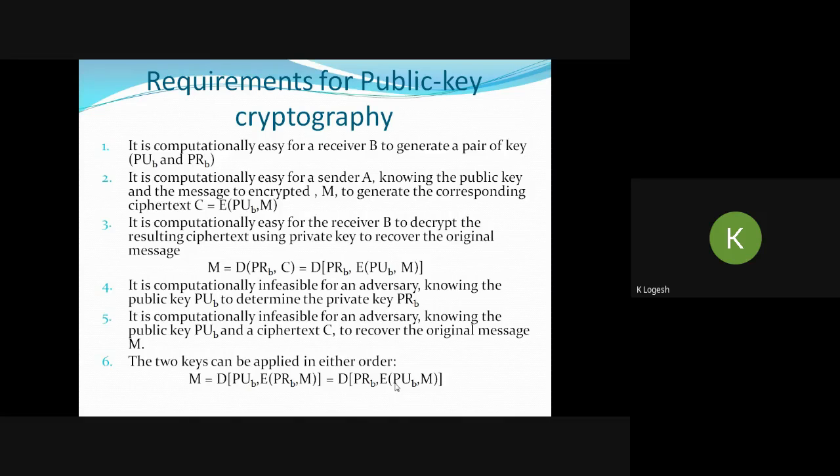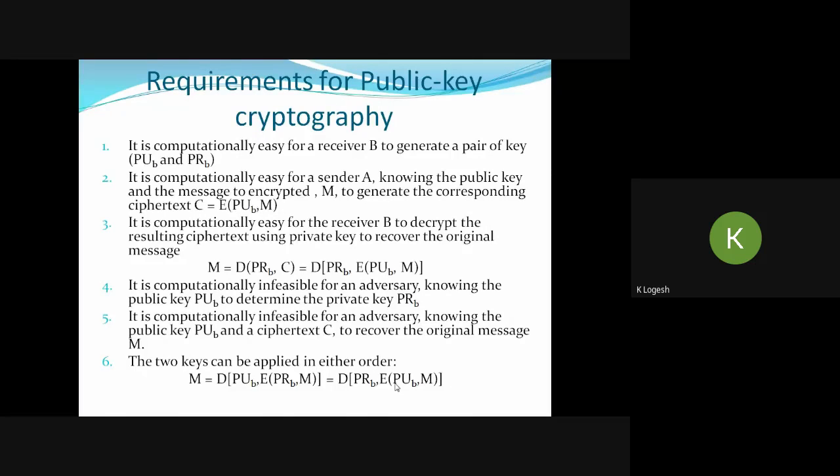For decrypting, he uses his own private key, which he has already generated. Using the private key, he can recover the original message. So M equals D of PRB comma C, the decryption with the private key. Or, another equation is also the same: